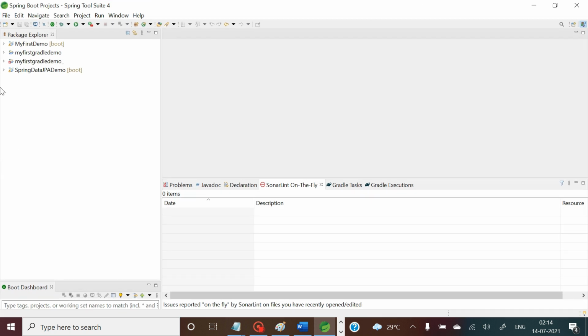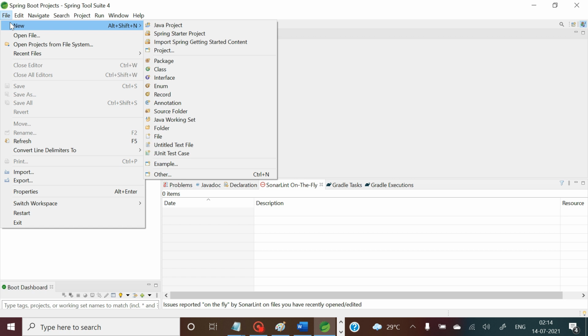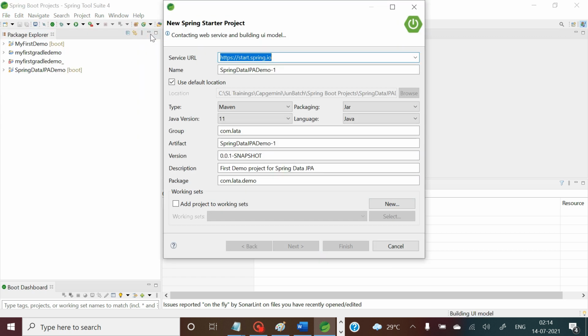In this Spring Tool Suite, I am going to create a new Spring Starter project to create my REST API so that I can add logging in that Spring Boot application.